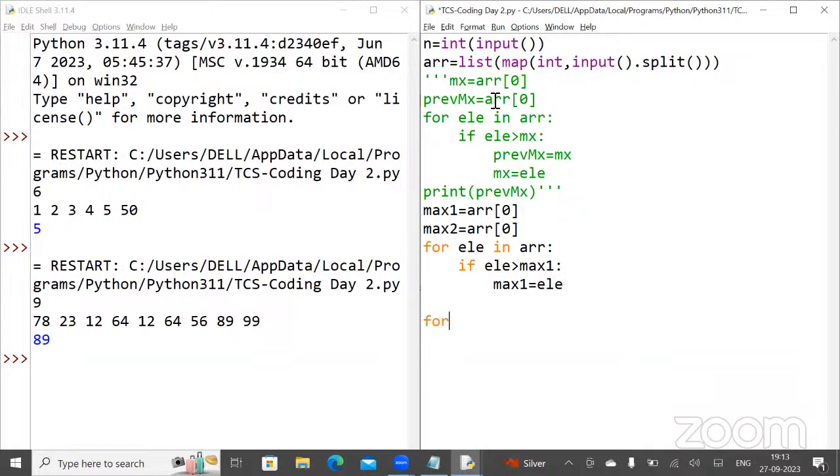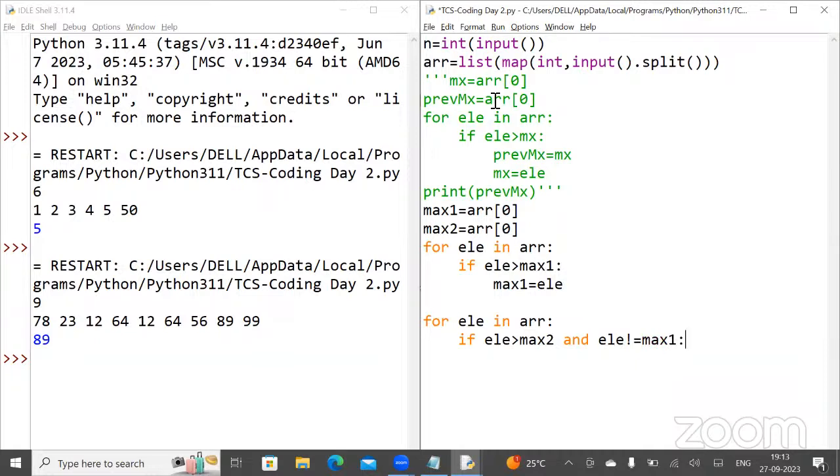I'm going to iterate over the array again, and here I say if that element is greater than our max2. In this case I apply it to max2 because I have to find the second maximum, and the element is not equal to max1, which is our actual largest element.